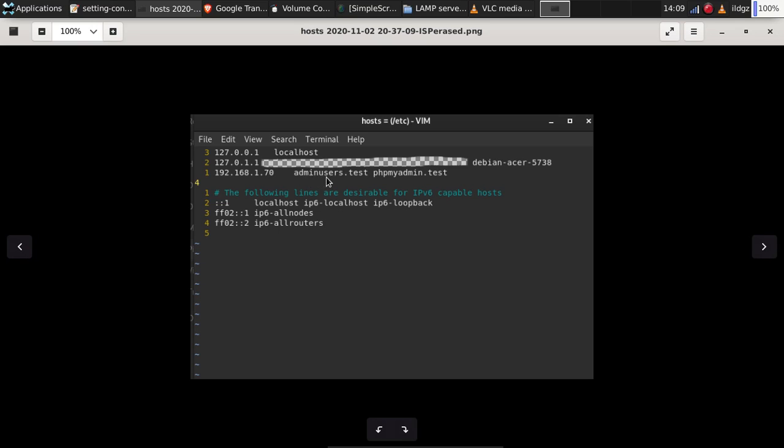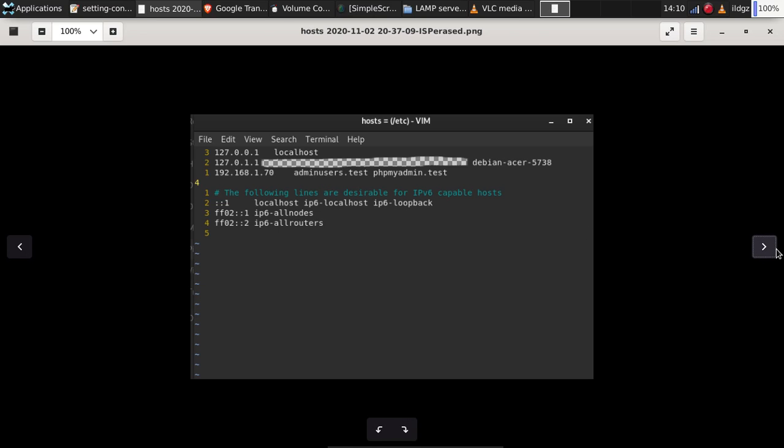In my case, adminusers.test. And so that phpmyadmin can access the database of this application, I need to name another server called phpmyadmin.test,